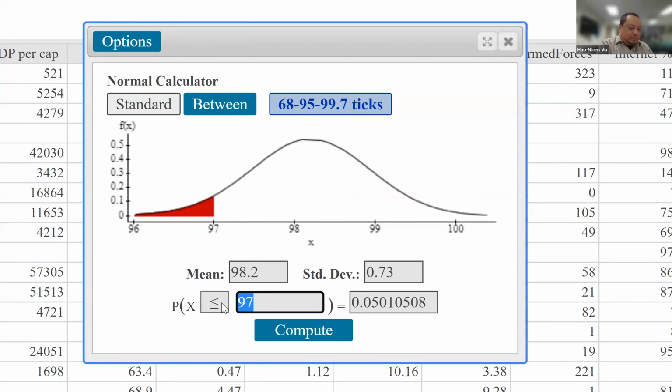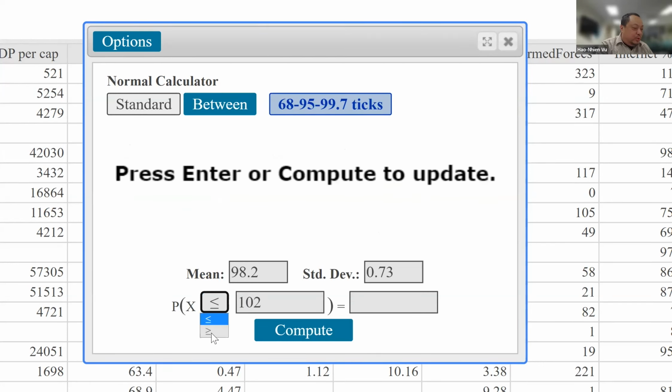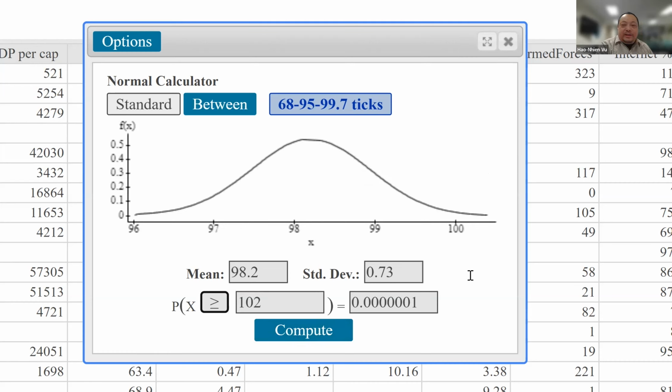So where was the other number? Where was the red area when we were doing this? How come there's no red area? Well, first of all, it is negligible. And also it's way far to the right. 99 is here, 100 is here, so 101, 102 way out here. But when it's negligible, it won't show on the graph, right?